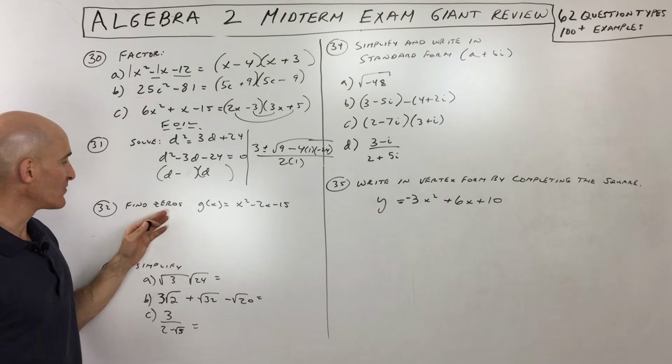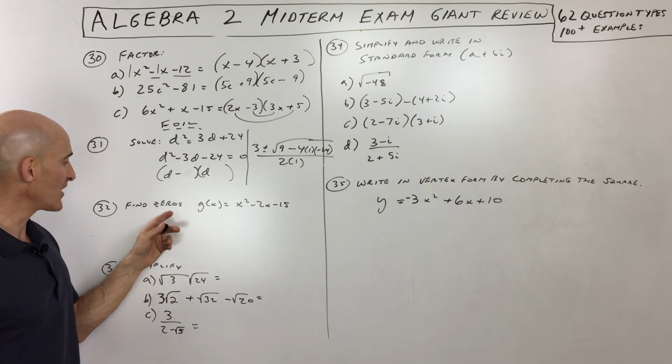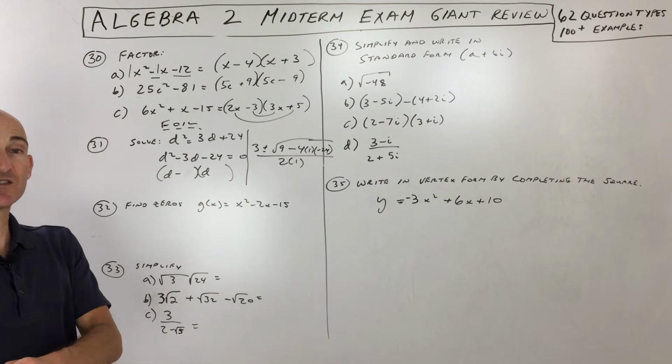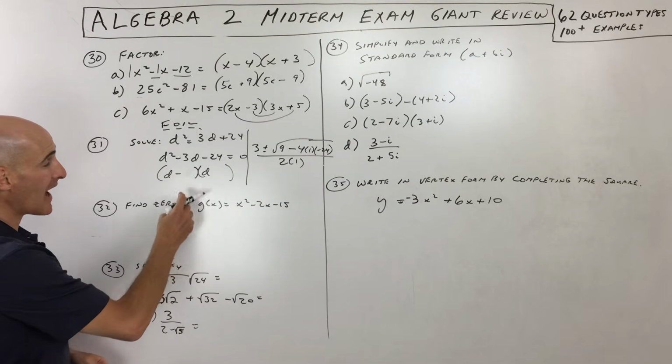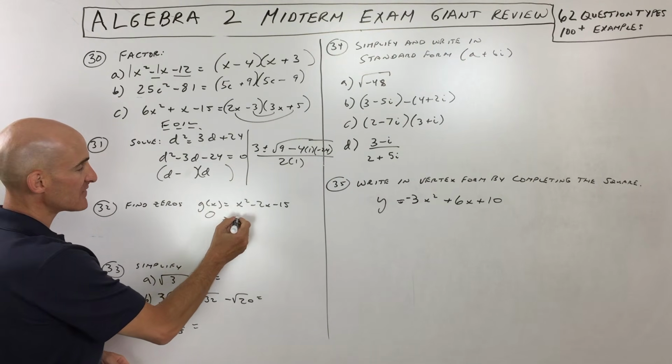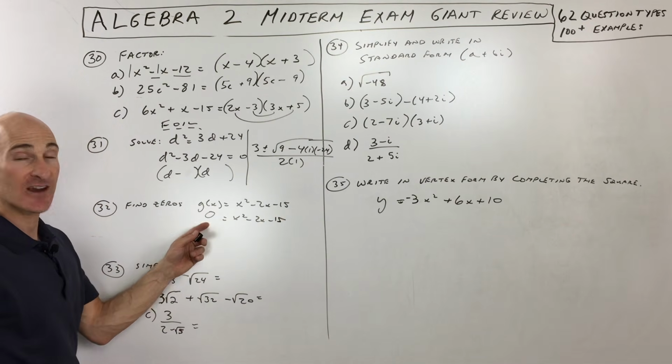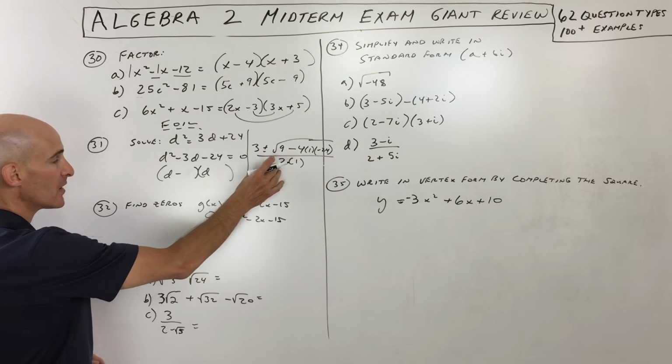Post the answer in the comments below and you can check with each other to see if you got the right answer. And let's see, so find the zeros. What does it mean when it says find the zeros? Well, when they say find the zeros, they mean that the output, the y value, is 0. So you set this equal to 0 and you solve. You can either do that by factoring and setting the factors to 0 or by doing the quadratic formula like we did up here.